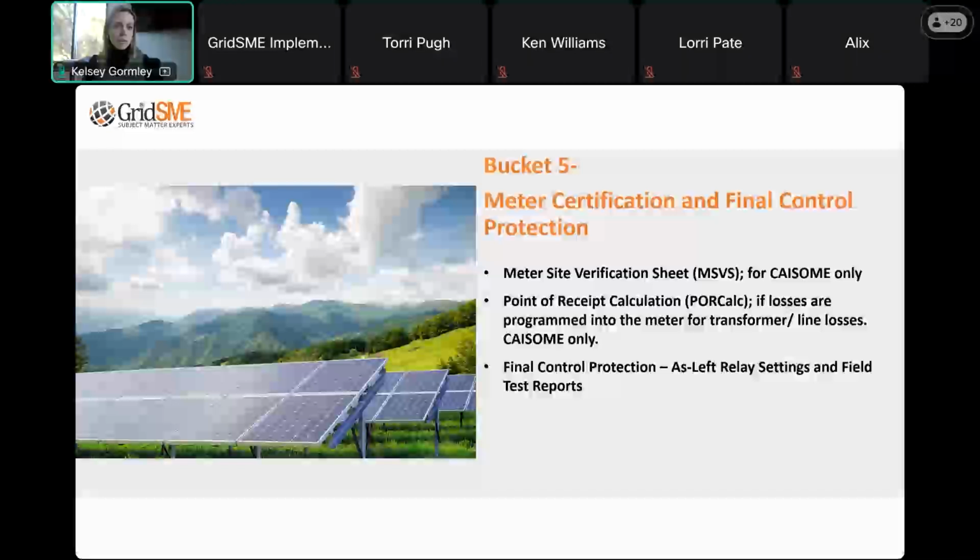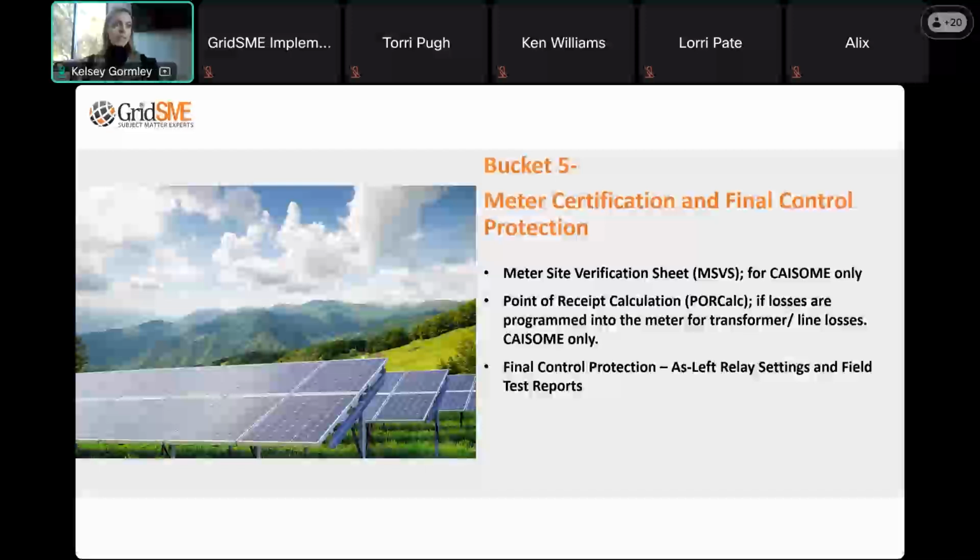I'll say a quick word about POR calculation documents. In the event that you have a project that is assessing losses in the meters, whether those are transformer losses or line losses, a point of receipt calculation document is required to be submitted with the MSVS form.